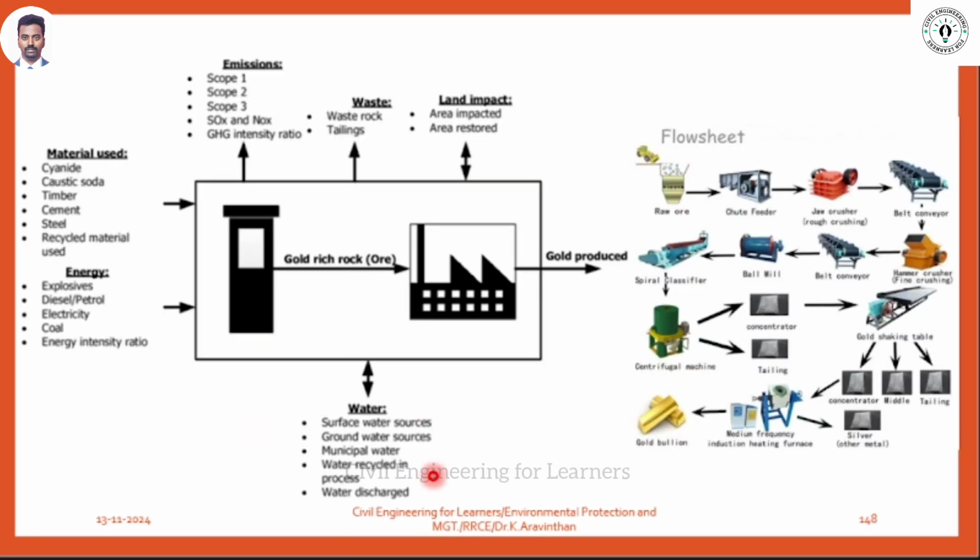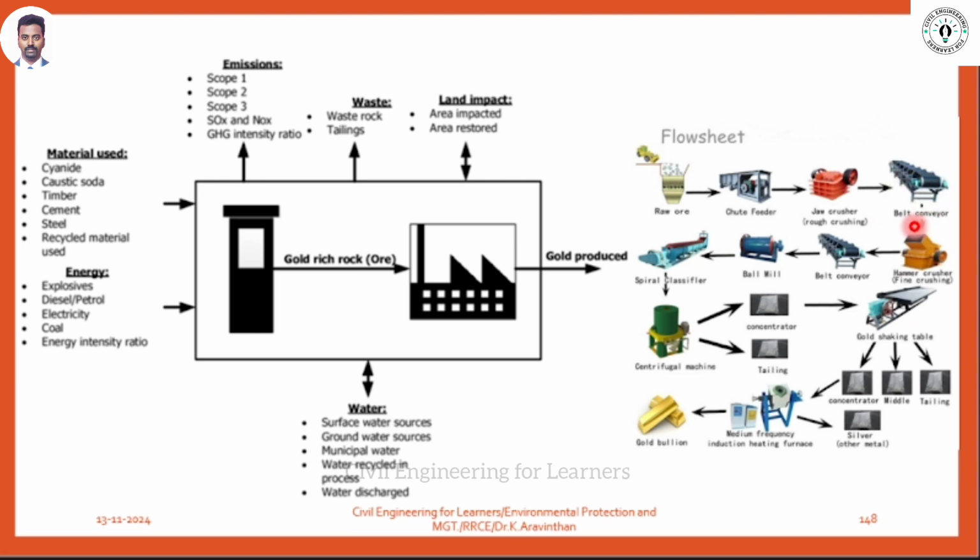If you are running an industry, what are the things you should do? I will explain this. Imagine you are in a gold manufacturing industry. What are the things they should do in this industry for monitoring? Now there is a flow sheet here. For manufacturing gold, you first have to process. What is the process you have to do? Raw ore. What do I mean by raw ore? They will cut the rock. Rocks have gold. They will use explosions and cut down the rocks.